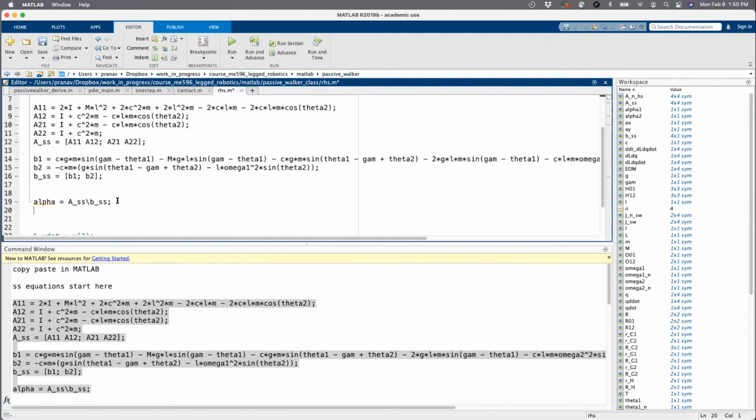What's alpha? Alpha is two things. Alpha has theta1 double dot, theta2 double dot. You can refer to the notes on how these alphas come. Basically it comes from doing the Euler-Lagrange equations, which gives me the rate of change of velocity, which is acceleration. So if I want to find z dot,